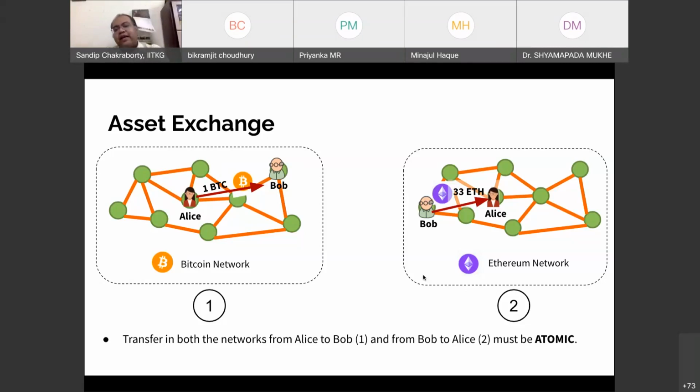So it is not like that only transaction one will succeed and transaction two will fail. If that is the case, then you will see that the system is in an inconsistent state, and we do not want that. We want that both the transactions should get executed, and that's why we want to support such kind of atomicity property on top of this architecture.